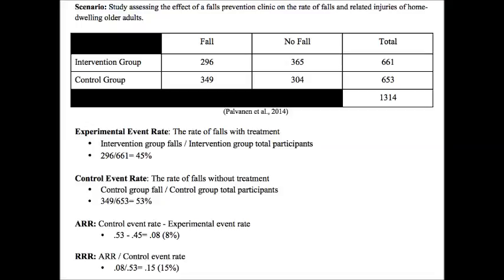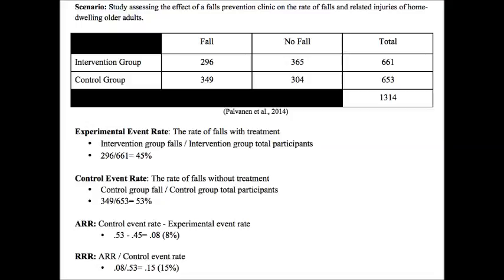Now we are going to show you how to find the absolute and the relative risk reduction ratios. For our example, we are going to use data from a study assessing the effect of a falls prevention clinic on the rate of falls and related injuries of home-dwelling older adults. In order to figure out the absolute and relative risk reduction ratios, we first need to figure out the experimental event rate, which represents the rate of falls with treatment, and the control event rate, which represents the rate of